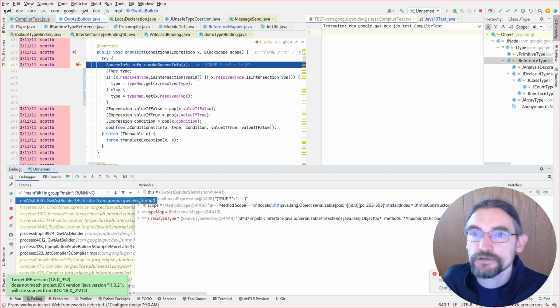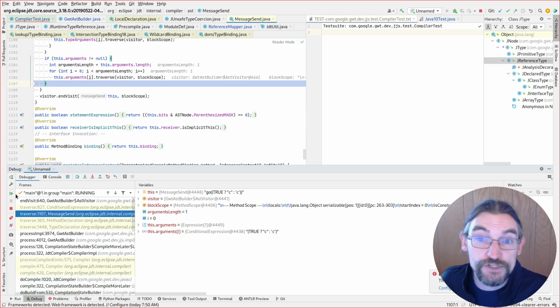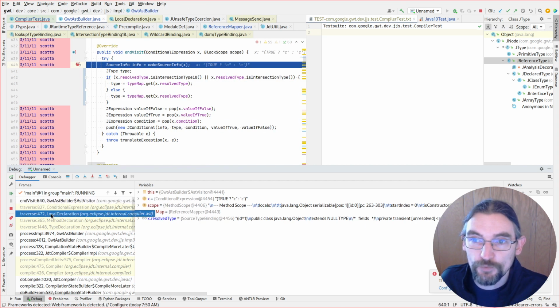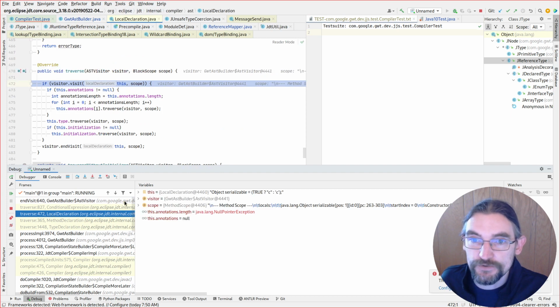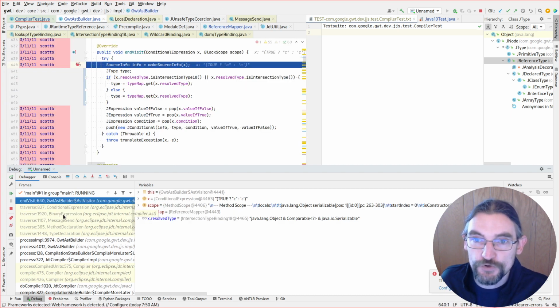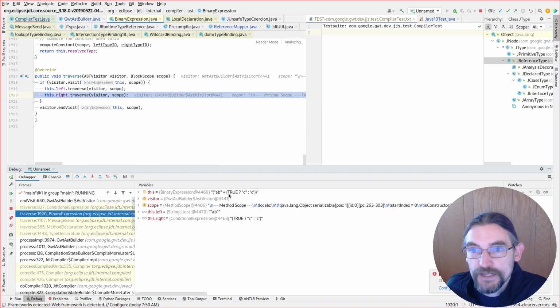All right, so here's the first one where we're inside the message send, which is a method call. The second one, we're in the local declaration where we say serializable equals. And the third one where we're in a binary expression, which is how it decides to handle this plus. It says that we've got on this side AB, and on this side thing, and the